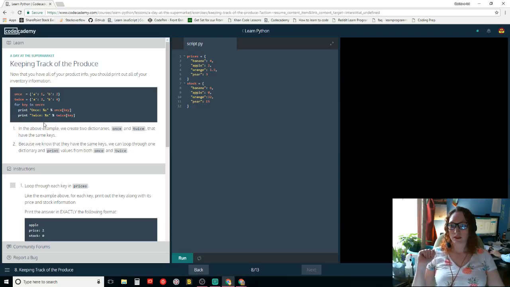Okay. In the above example, we create 2 dictionaries, once and twice, that have the same keys. Because we know they have the same keys, we can loop through one dictionary and print values from both once and twice. Okay. For key in prices, print prices,